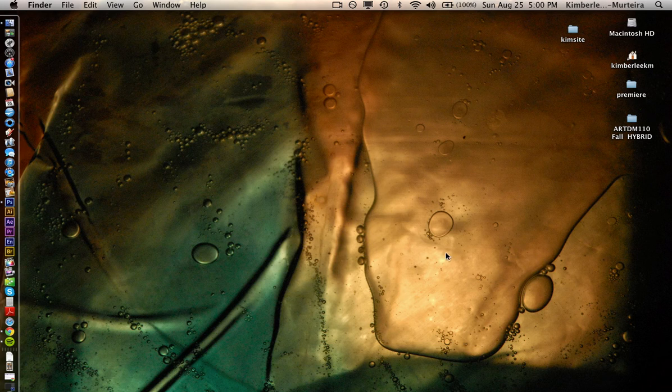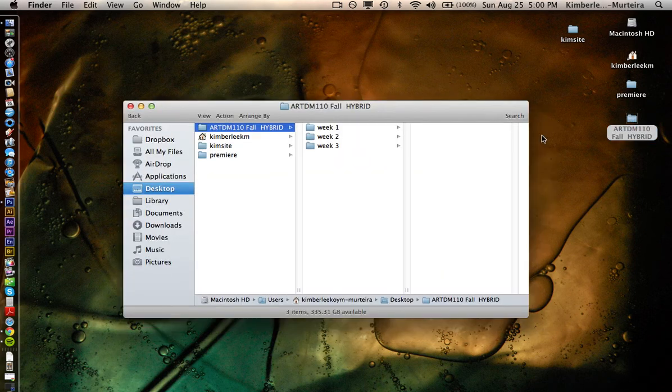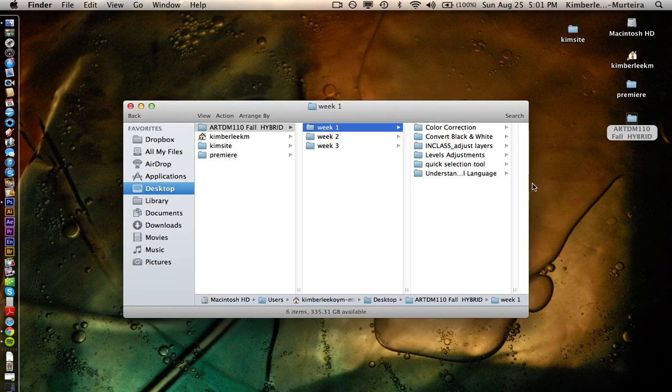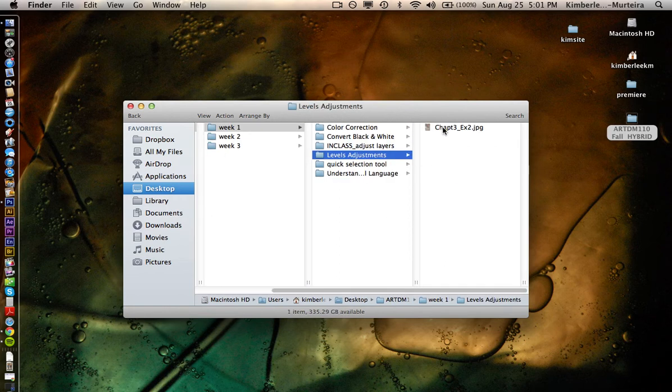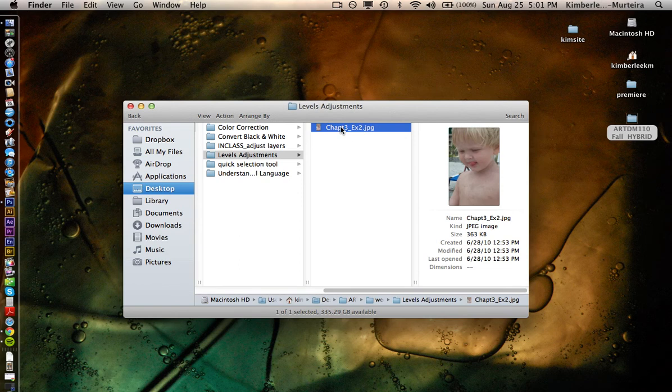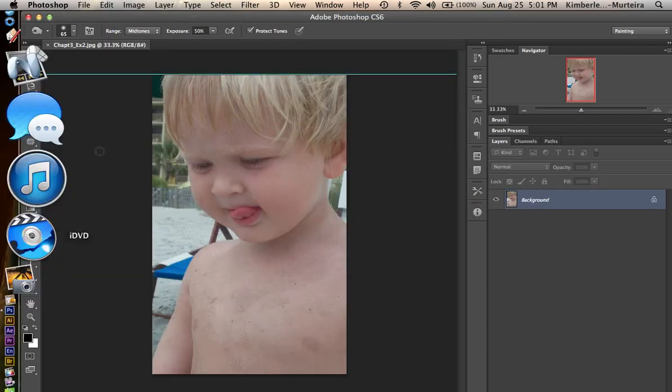So today we're going to look at how we adjust an image using the levels adjustment layer. I will do this by finding our image within the week 1 folder, and we will go over here to the folder called levels adjustment, click it open, and there is a file from our textbook called chapter 3 example 2 JPEG. So go ahead and drag that over to your Photoshop program and it will open up,